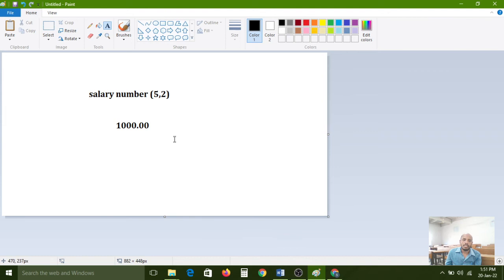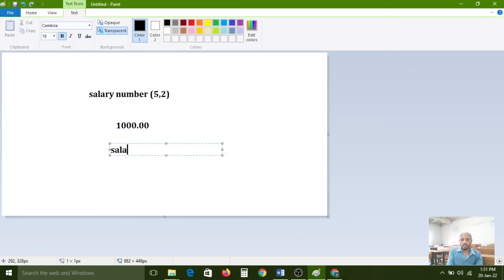Float is also the same. For salary, float, I maintain the precision. While creating the table I just have to use it like this. So precision means 5.